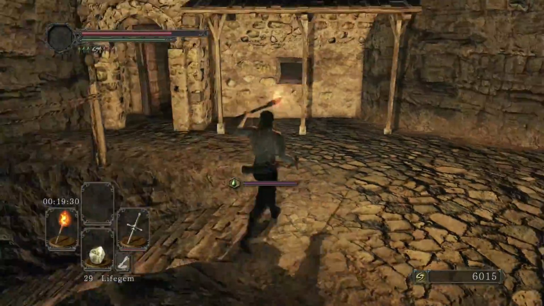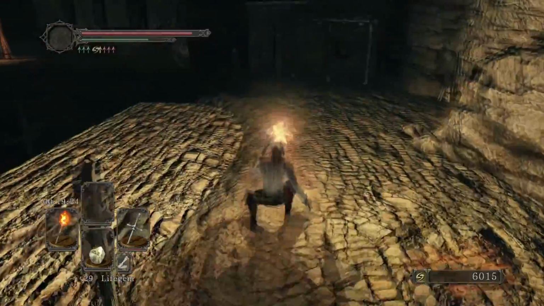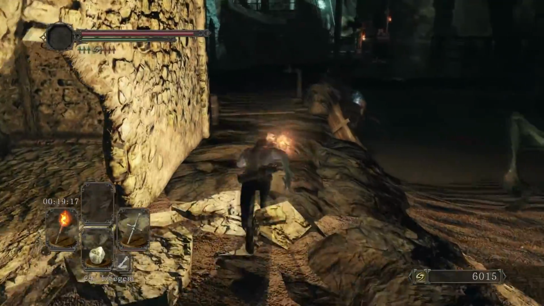You know what I mean? Go out of his house, go like you're going back up to the bell, but go in the little house at the bottom. There's two guys sitting at the table sleeping. Kill them, and the fragrant branch is in the chest. So that'll enable us to